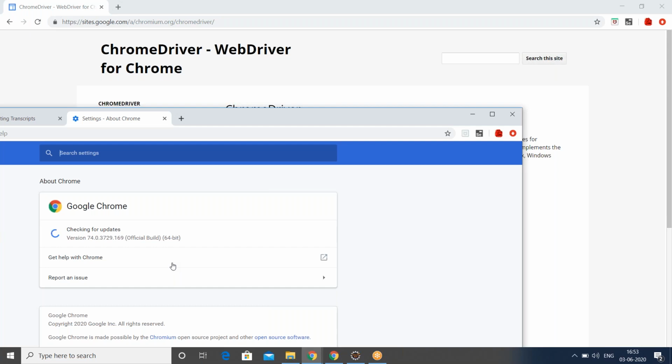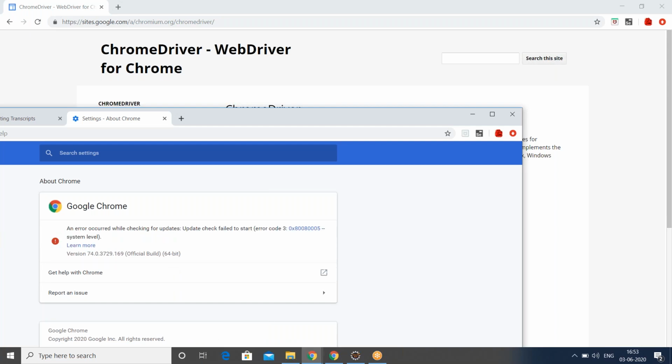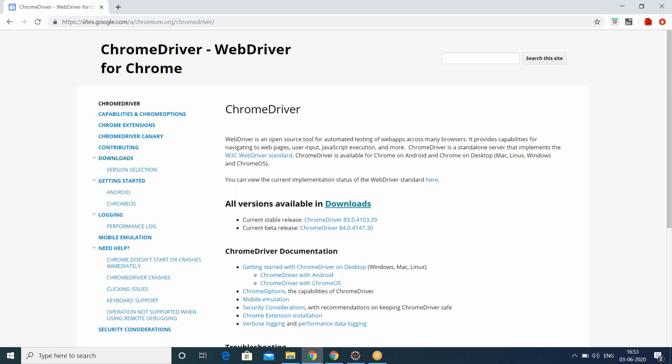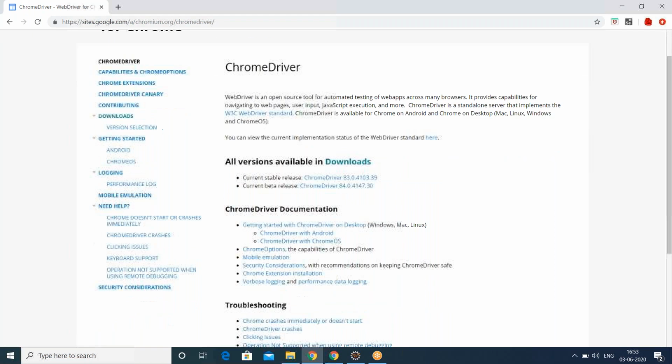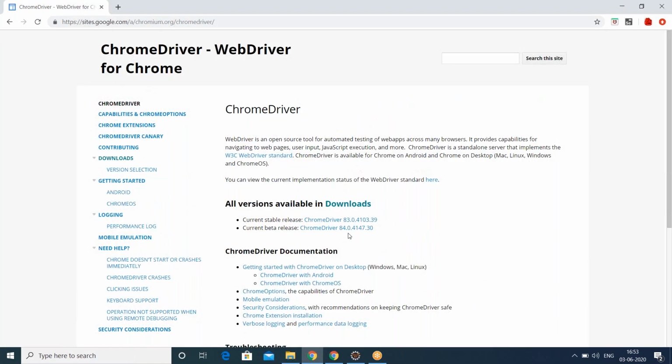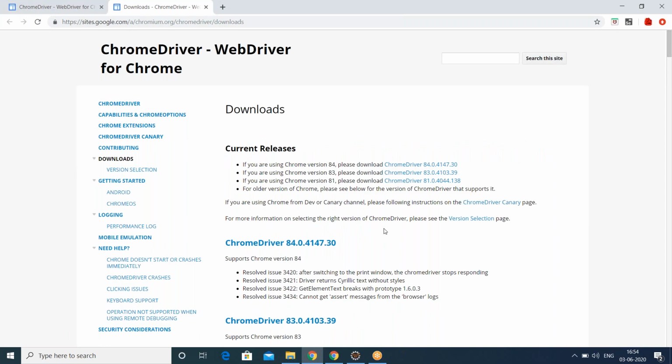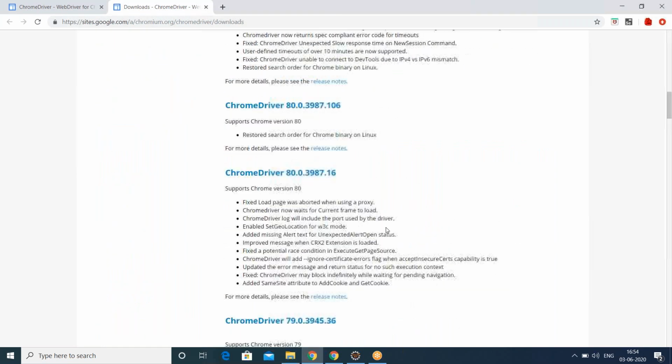If we try to download 81 or 82, it will not work. By default here you will see only the latest two versions. To see older versions, click on the downloads option.